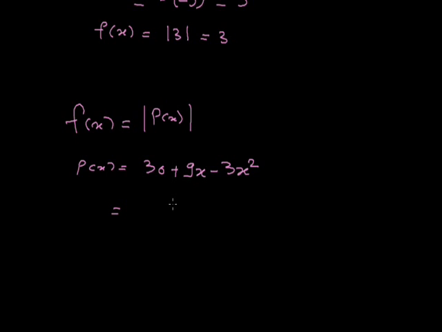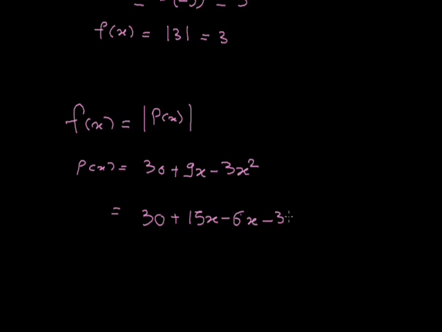So we split the middle term such that the product of the two terms is minus 90x² and their sum becomes 9x. We realize that minus 15 and 6 is the pair that makes this sum, their difference is 9 and their product is 90. So we write 30 plus 15x minus 6x